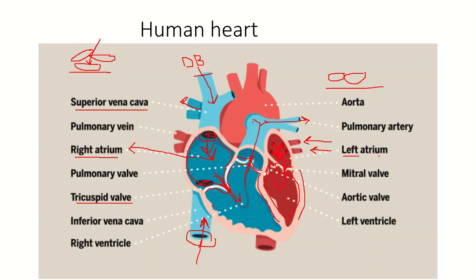After the left atrium, the blood will enter into the left ventricle. Okay, and from the left ventricle, it has to move into the aorta. What is the aorta? You can say that it is the second heart of our body. So here you can see three main branches, and these branches will move into the arms, into our throat and head portion, and here there is another branch of the aorta, and it will transport the blood to the lower